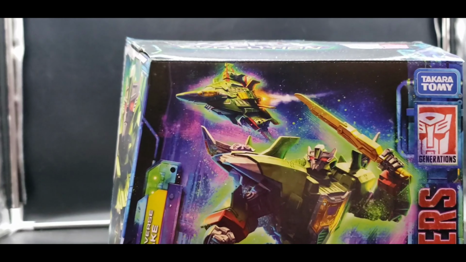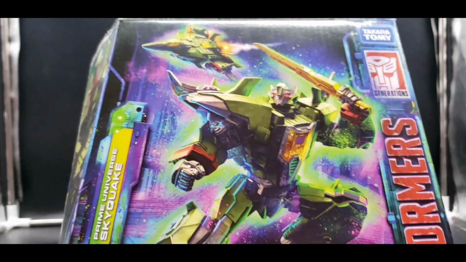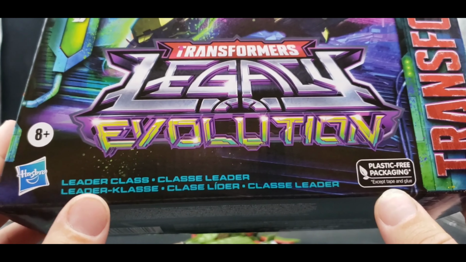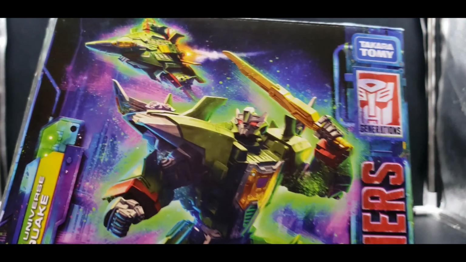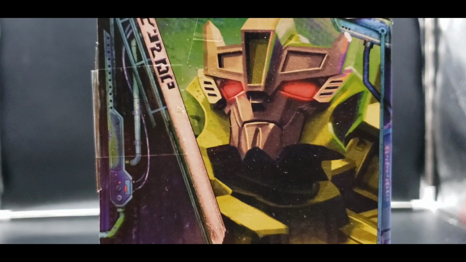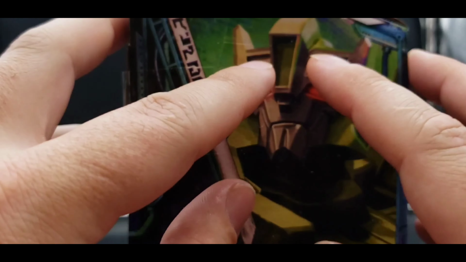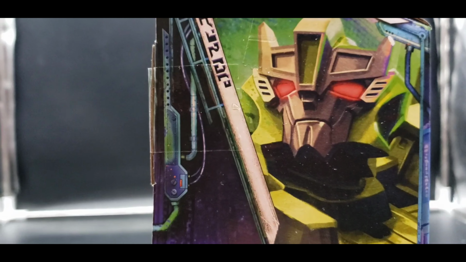I apologize about that. But here we go with this packaging. And of course, Leader Class packaging, so completely enclosed. Great image of him in robot mode here and vehicle mode up there. See him wielding his sword. Prime Universe Skyquake, Legacy Evolution, Leader Class in different languages, Hasbro, Transformers, Generations, Takara Tomy. On this side, we've got the front of his jet, up close of his head, which does look like a sort of perfect blend of Prime Skyquake and G1 Skyquake, because I have looked at pictures of G1 Skyquake, and it's more flattened like this, but it's got that feel of Prime Universe, so it works